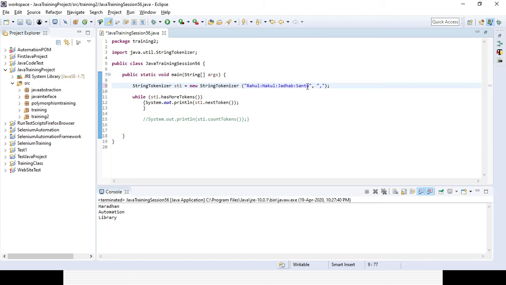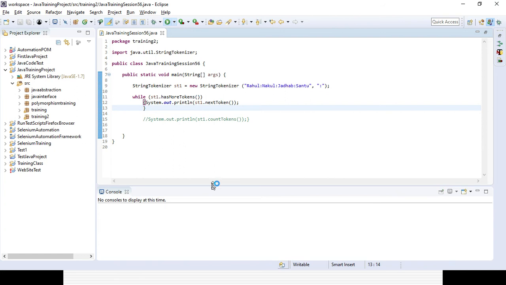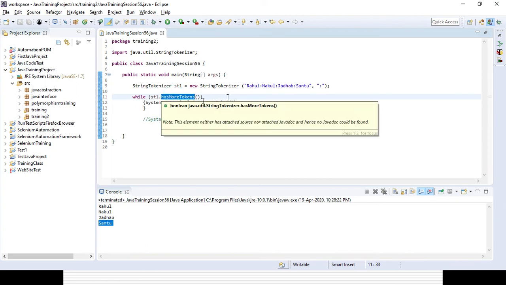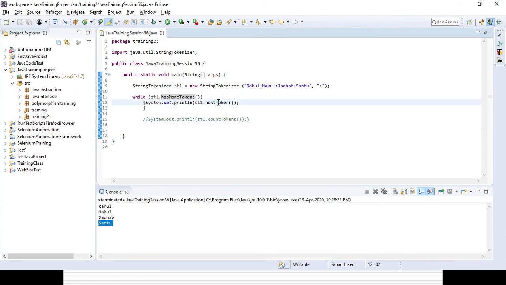So here you need to give the colon separator. If you run it, you can see Rahul, Nakul, Jadav, Sandhu is coming, right? So you need to use the hasMoreTokens and nextToken methods. And using countTokens, you can get the count.